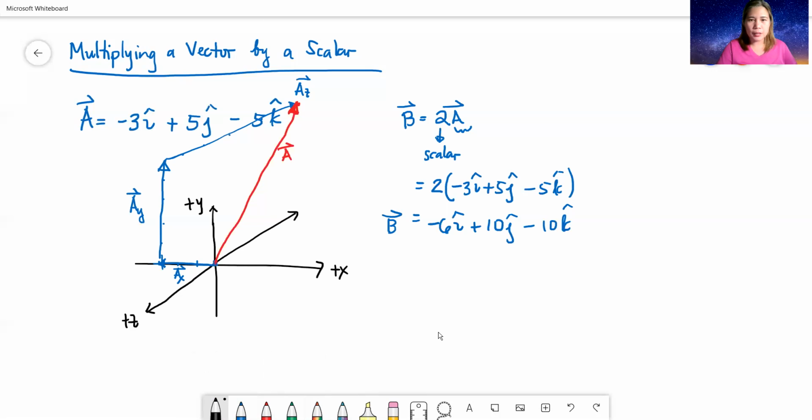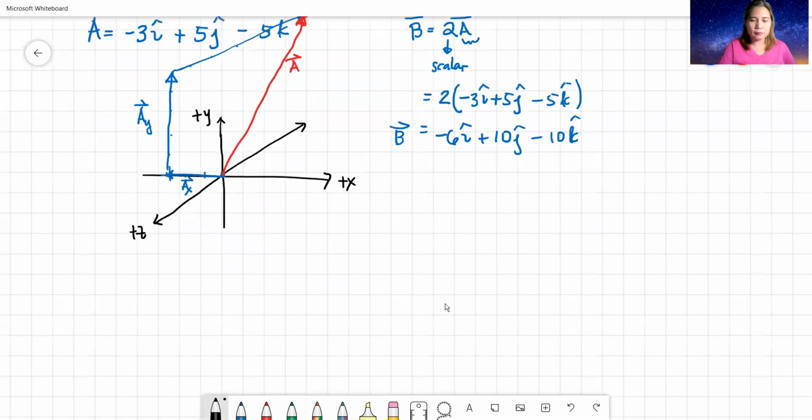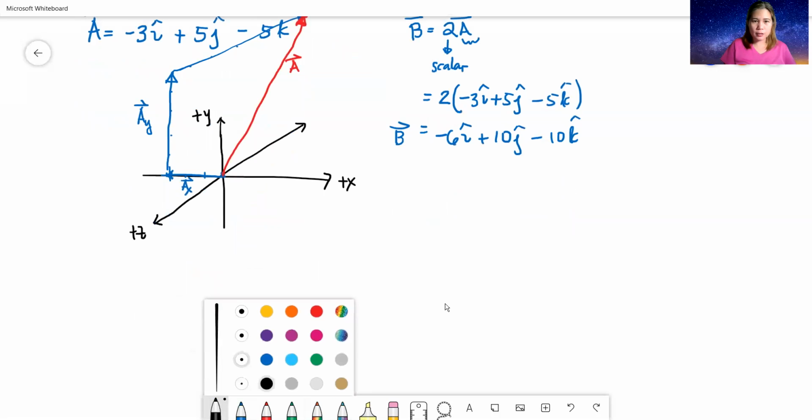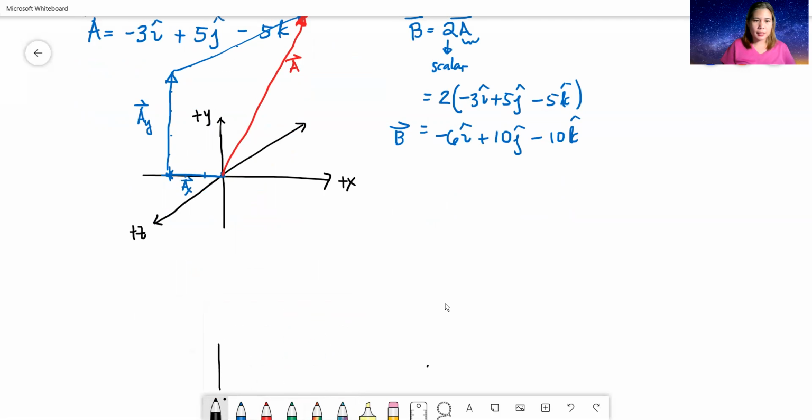If we do another figure, let's do it somewhere here because this is quite long. Let me make another Cartesian plane to make it clearer. I'll have here my x, y, z. And then I'll go 6 units to the left. More or less 1, 2, 3, 4, 5, 6. This is the x component, Bx, which is of course equal to 2 times the x component of A. And then I'll go 10 units upward: 2, 3, 4, 5, 6, 7, 8, 9, 10.